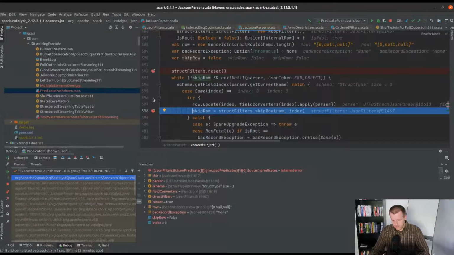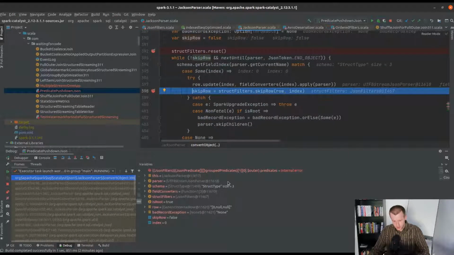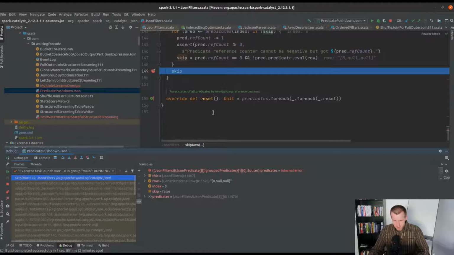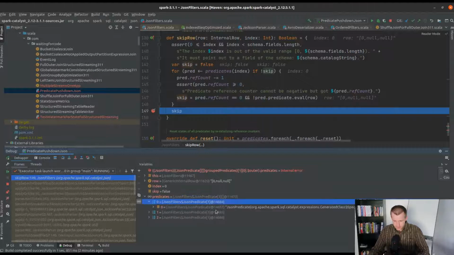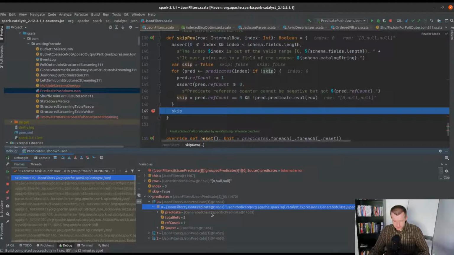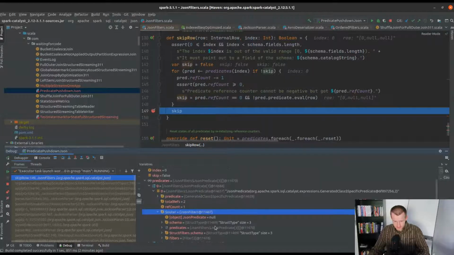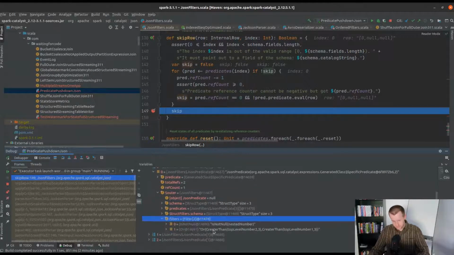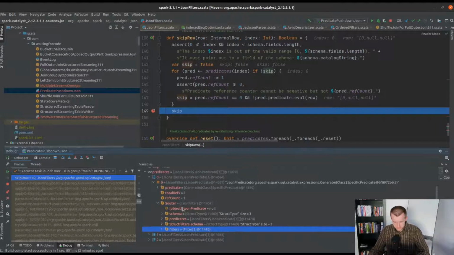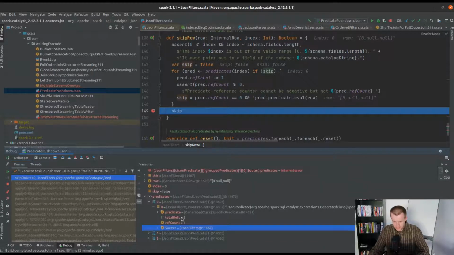So now we are filtering the first row, which is the row number 0, as you can see here. And now we are applying the first predicate, which, as you can see, is our OR predicate. I don't know if you can see it here. Not necessarily. Yes, you can see. Oh no, that's all filter, so you can see it here, but